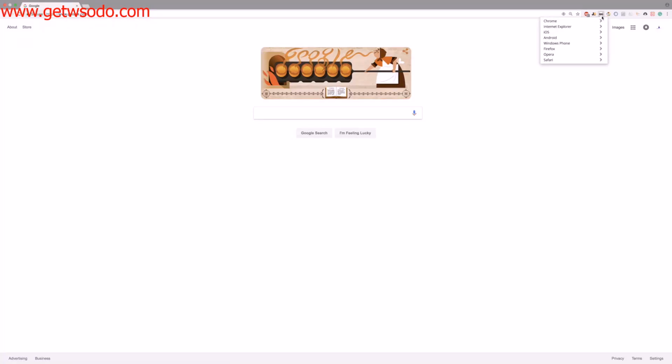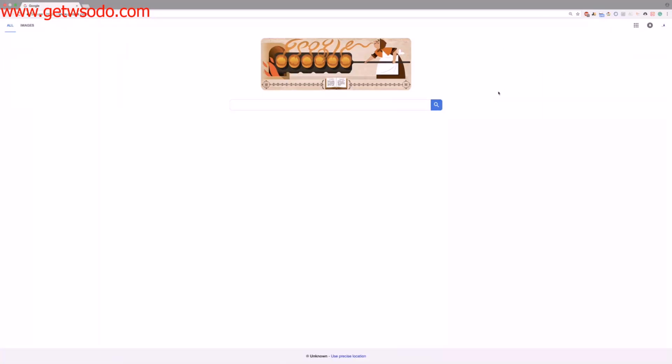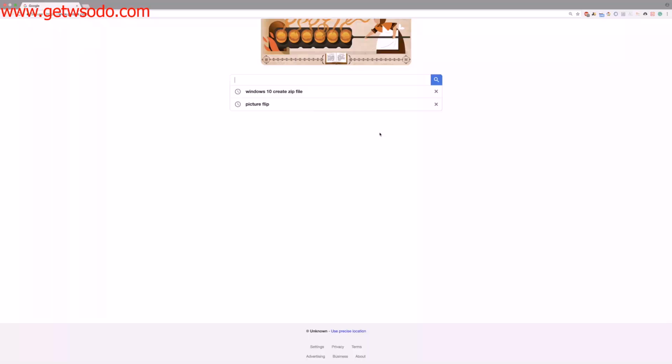What this allows you to do is switch between operating systems or make it look like you are using a different device, user agent, or browser. The benefit is that you can switch to mobile devices, which is where call-only ads or pay-per-call ads will be displayed, and you can live spy on what types of campaigns are performing well. For this example, I'm just going to switch to iOS and iPhone 6 to make it think that I am on an iPhone 6. And I am going to go ahead and type in